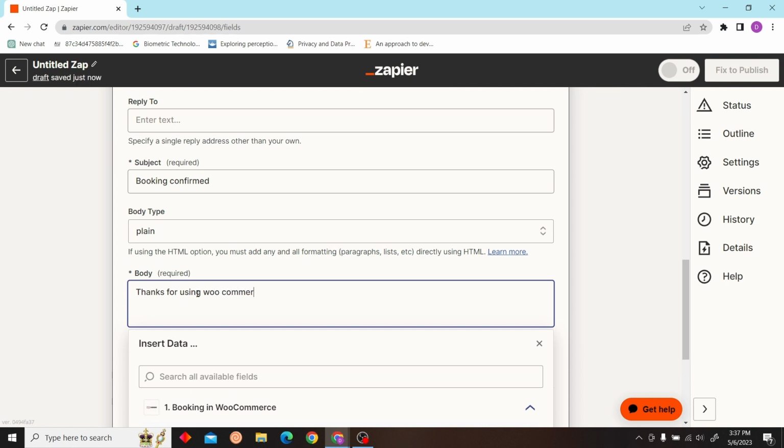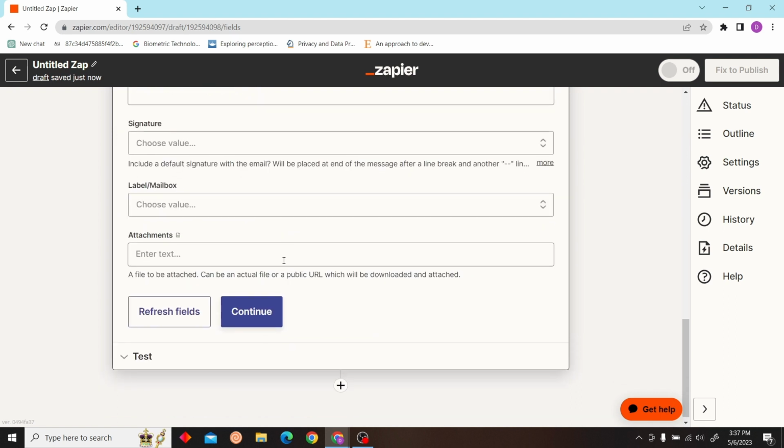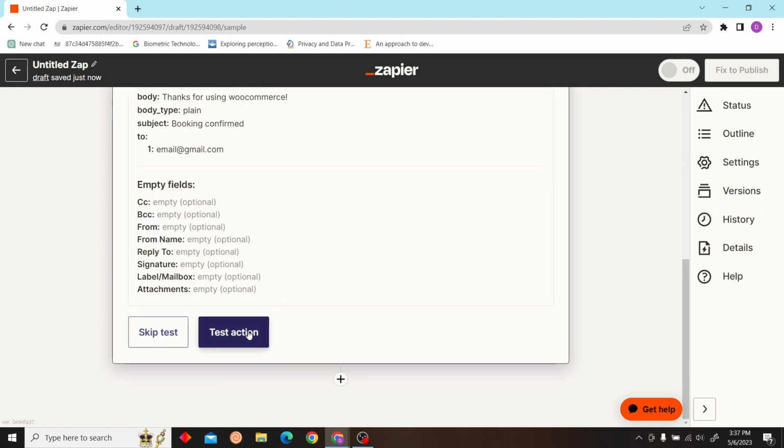So I'm just going to type some letters, and yes, so this is how you use Zapier with Woocommerce. Just click continue and